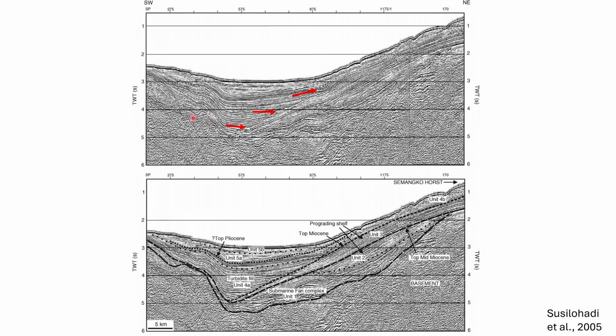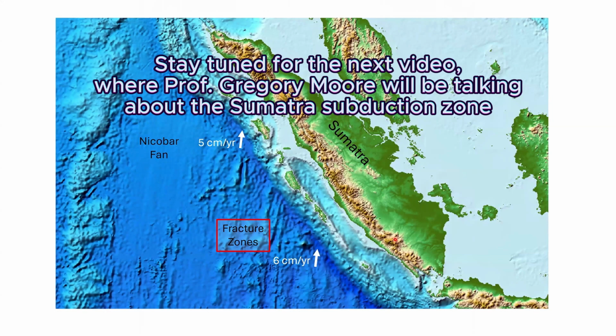We still have compression of the outer arc ridge, causing back tilting in this area. Out in front of this and over in here is the main part of the accretionary prism. When we get up further towards Sumatra,